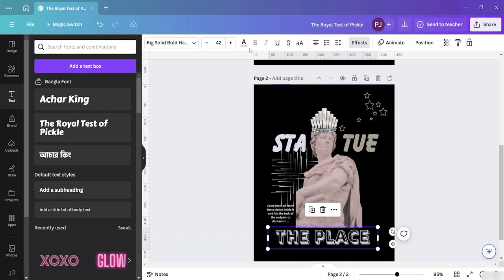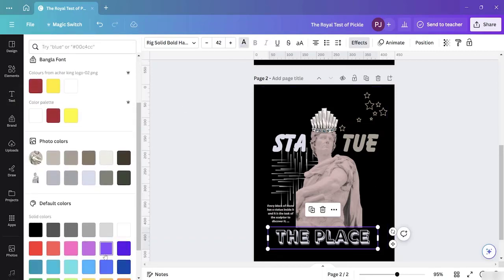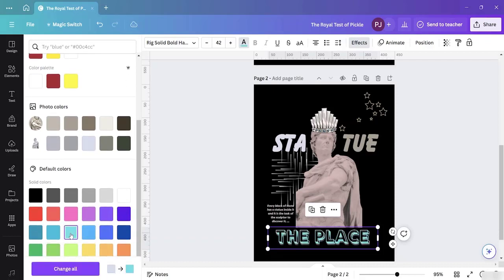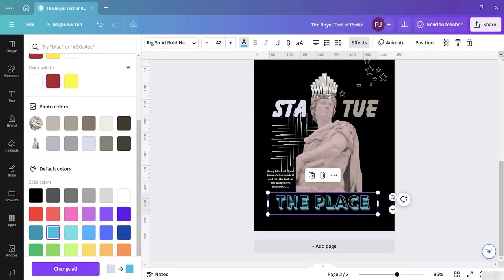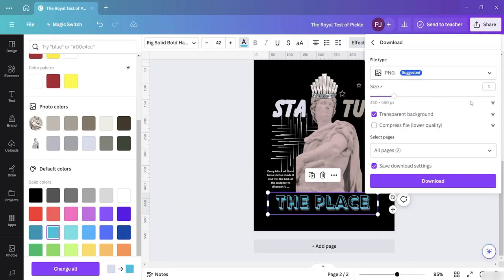Okay, so now once I have selected the color, if I do want to change the color, I can also change it. Maybe I'll just take something in blue. Okay, so something in blue quite like this. And now I will just save this slide. Okay, so in that case I will go to the share option. I will just click onto the share option from here, go to downloads,